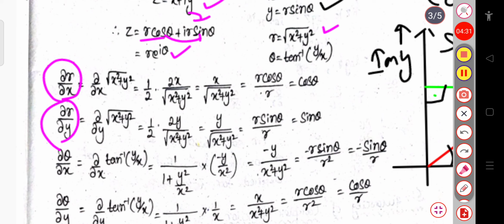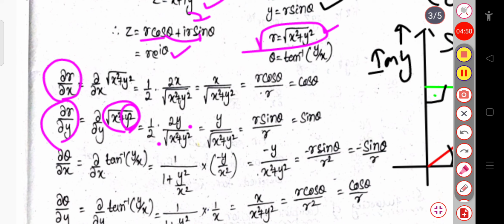So ∂/∂y of r, where r is √(x² + y²). Okay, so this will again be (x² + y²)^(1/2), which gives 1/2 into 1/√(x² + y²). Then the derivative of y² with respect to y will be 2y, because the x term goes to 0,